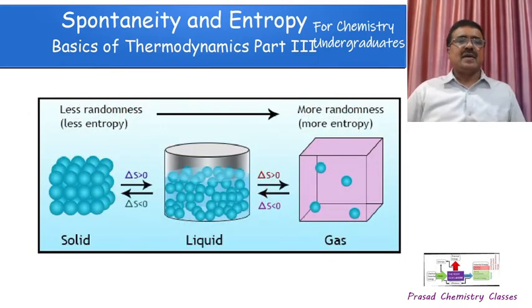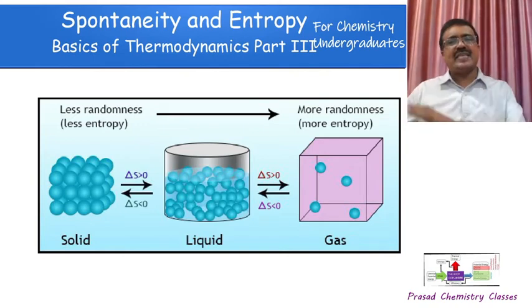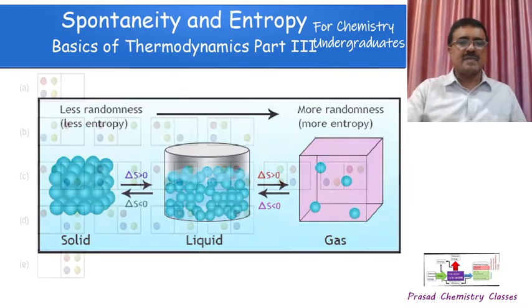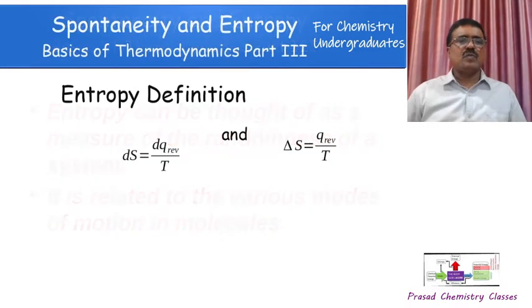So we can see solid, liquid and gas. When a solid is converted to liquid, entropy increases, because the arrangement has become more random. When you come to gas, molecules are free to move further, and we can see that there is an increase in entropy from solid to liquid, liquid to gas. Similarly, when temperature increases, entropy increases. And also we have to see that the heat absorbed is divided by the temperature at which the process is happening. There is some significance for that also.